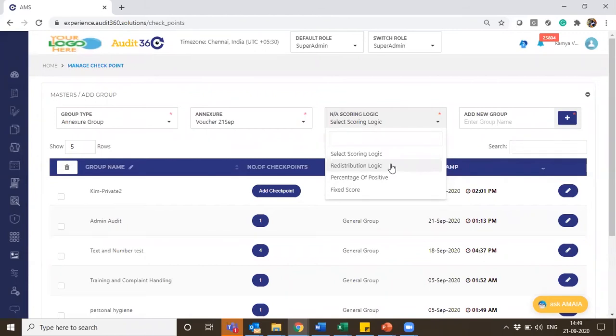Now in redistribution, there is one scenario to think of: a very rare possibility that the complete group's checkpoints become not applicable.